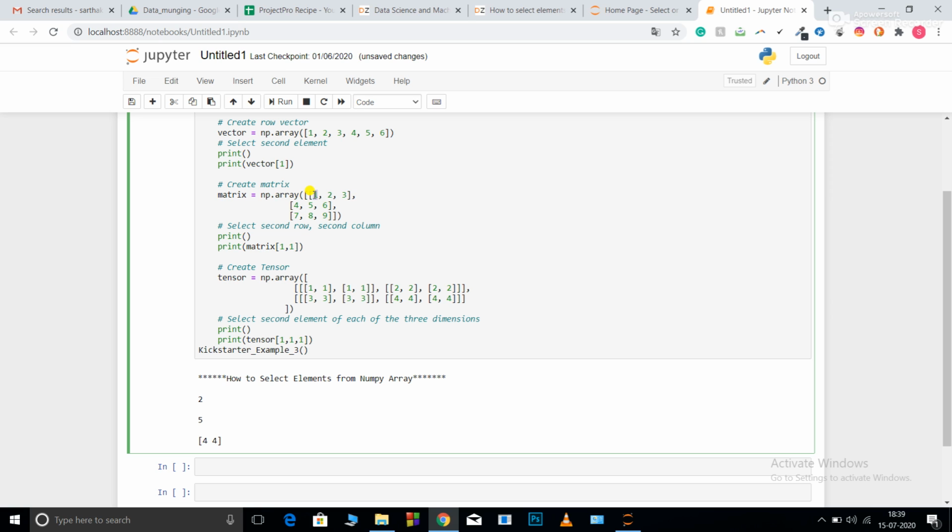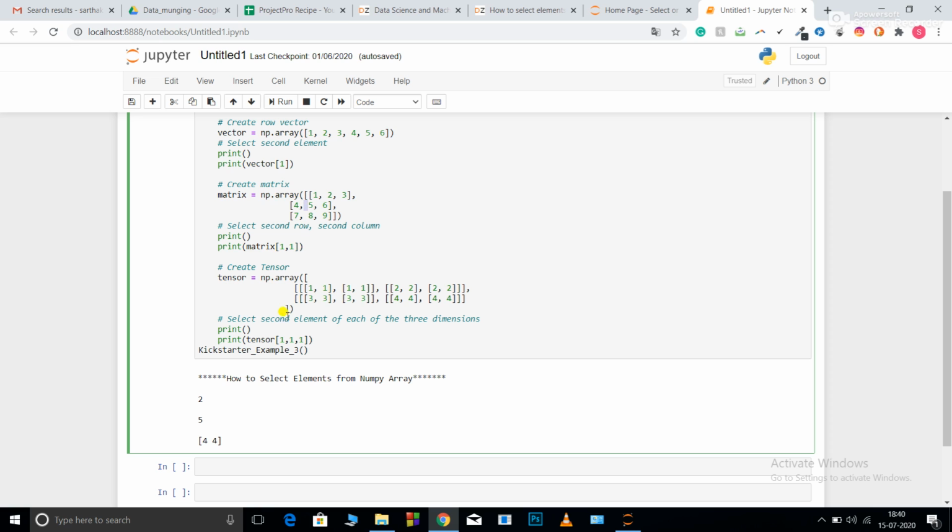This is 0, this is 1 and this is 2. So if I write matrix 1 1, it will go to the first row and then the first column. So this means it will go to this row and it will go to 5. So 5 will be printed for matrix 1 1.